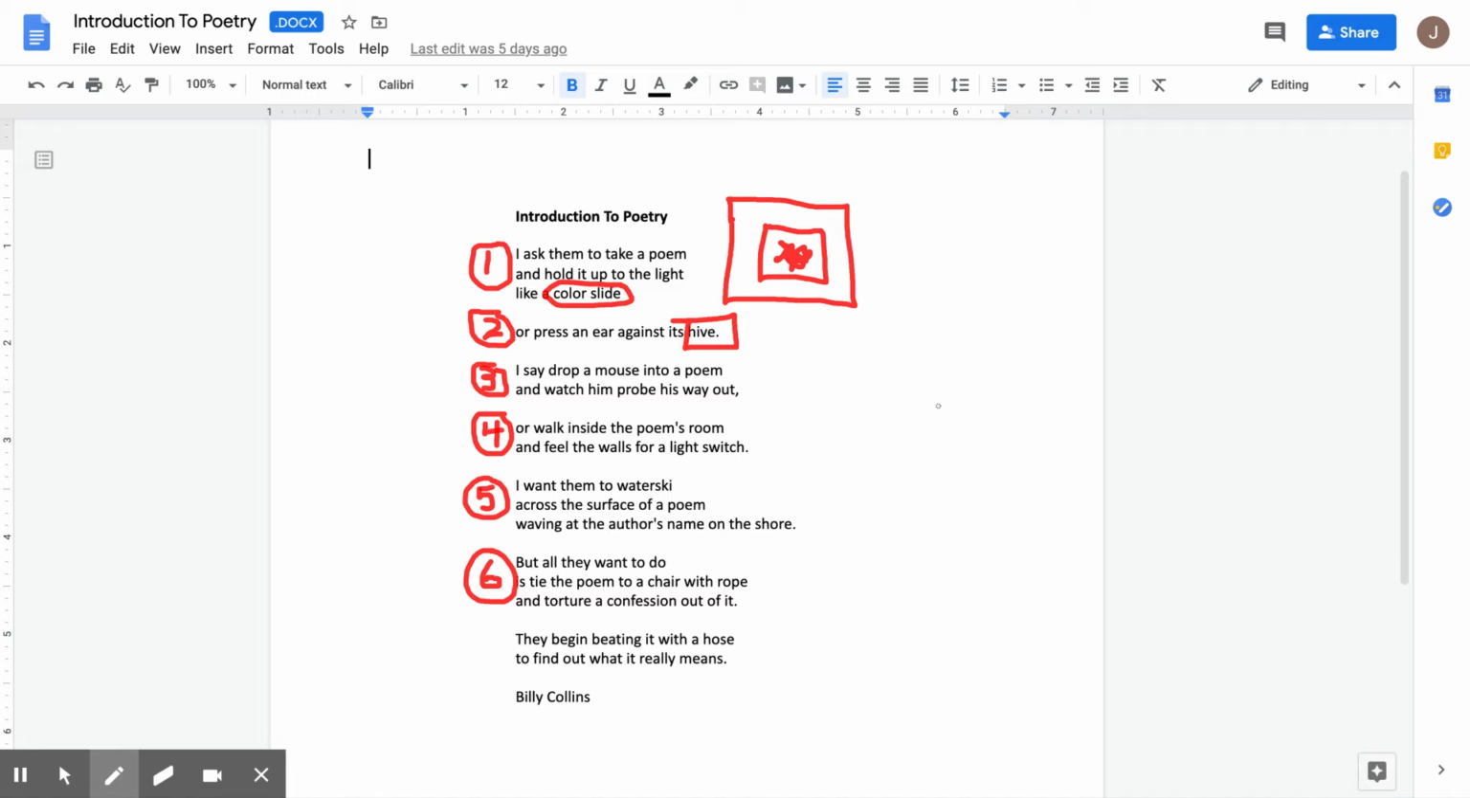I want him to ski across the surface of a poem, waving at the author's name on the shore. The surface of the poem. I want them to water ski across the surface of the poem. Think about water skiing. It's fun, it's recreational, it's entertaining. I'm not asking them to put on scuba gear and dive down beneath the surface of the poem. So essentially, he's advocating for the opposite of what we're doing. And yes, I get that because we're using this as an academic tool, but